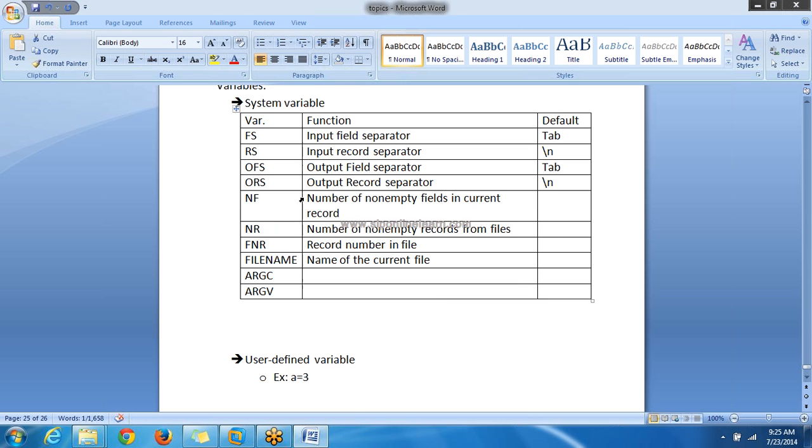So ARGC will give you the number of command line arguments, and ARGV is nothing but that arguments list.